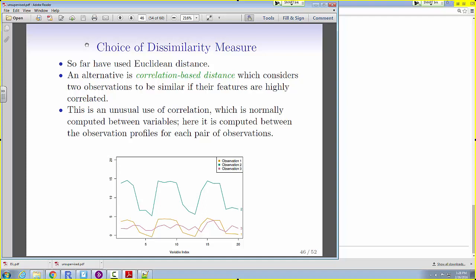But if I used correlation, because the pattern of the green one is similar to the other ones, if I quantify distance as correlation, correlation doesn't care about scale. It only cares about pattern. So if you want to highlight patterns and call things similar based on patterns, then you want to use correlation